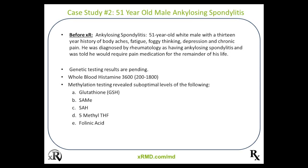So this particular individual is a 51-year-old white male, and he has a 13-year history of body aches, fatigue, foggy thinking, depression, and chronic pain. He was diagnosed by a rheumatologist as having ankylosing spondylitis and was told he would require pain medication for the remainder of his life. And much like in the prior case, he had a full workup prior to coming to see us, where his